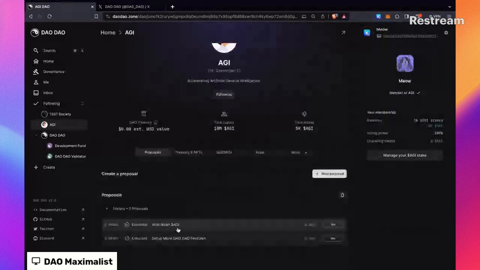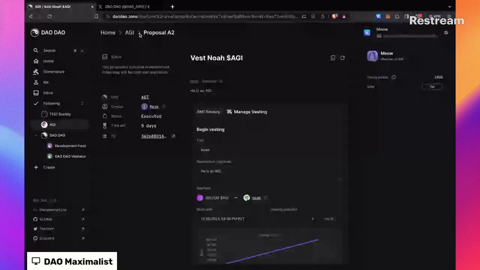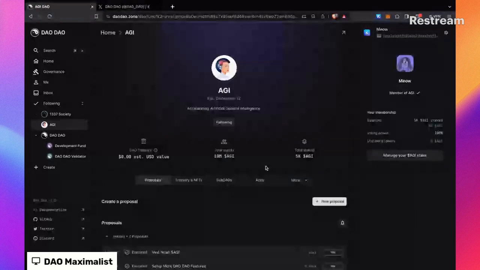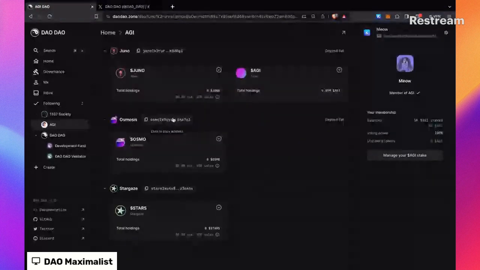Okay, so we've kinda covered making proposals. We just made a vesting contract, right? That's pretty cool. Did you ever think that you could make a smart contract without knowing how to code? Now you can with DAO DAO. So if we go to our treasuries, we now see we have an Osmosis address. I need to fund this with some Osmo tokens. I didn't plan this ahead of time, but